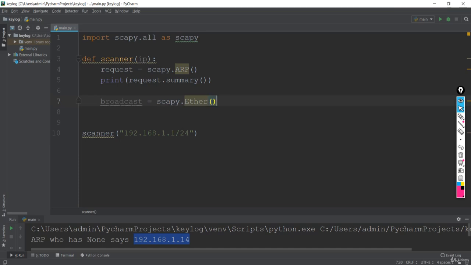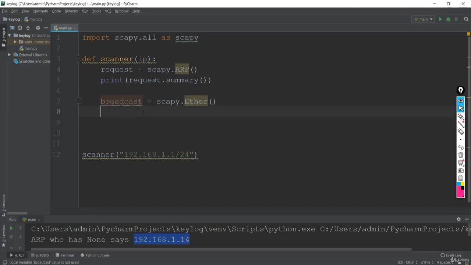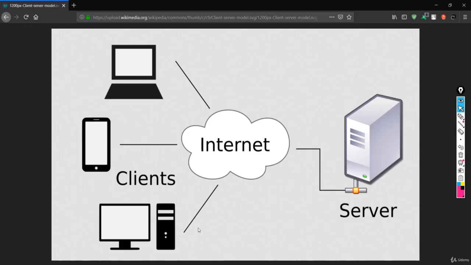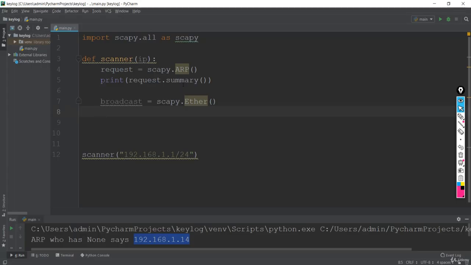Now the next thing is to give the destination MAC address. What we learned from this figure is that, as always, we create the ARP request and send that ARP request to the broadcast MAC address. In order to assign that broadcast MAC address, we have to learn about the arguments first. Let's see what arguments are given by the Scapy module.